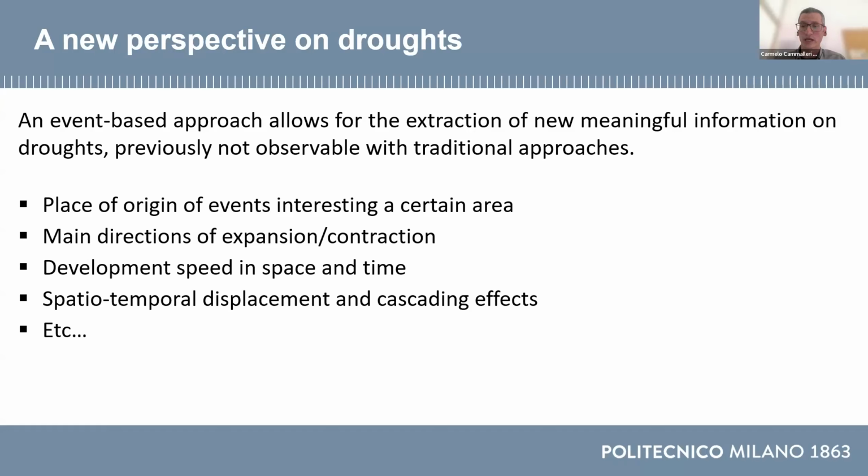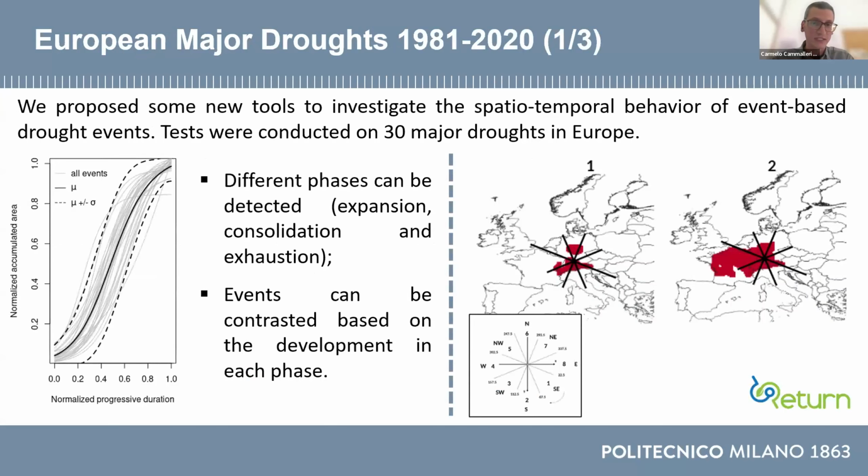So now I'm going to show you a couple of examples of applications that we have been doing, again, with the idea to inspire you a little bit on looking at drought in a different way than how I've been looking at drought in the past. Okay? So here, for instance, is an example of how we studied the 30 major droughts in Europe from a spatial temporal perspective. For instance, on the left, you can see how we can take all these events and look at how